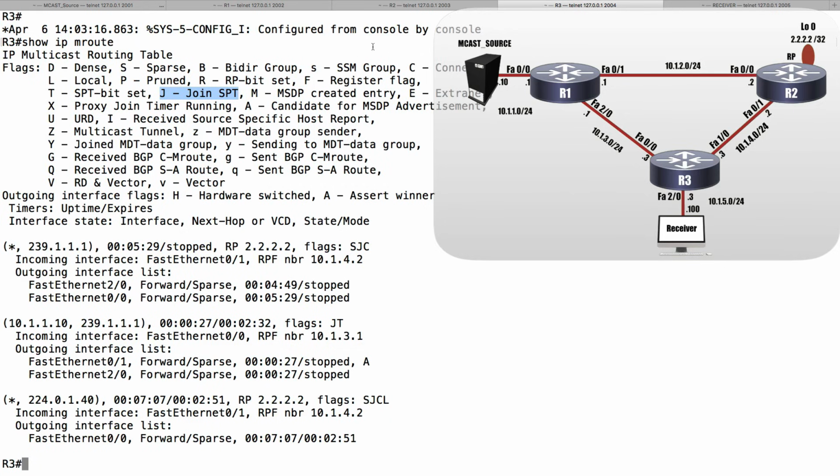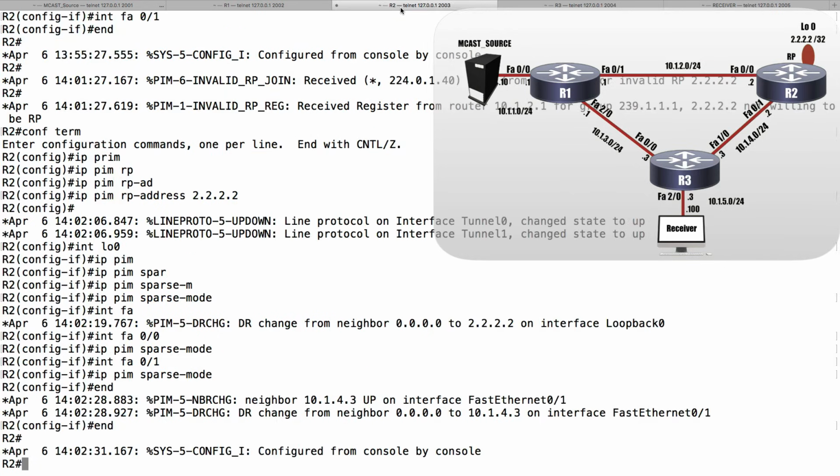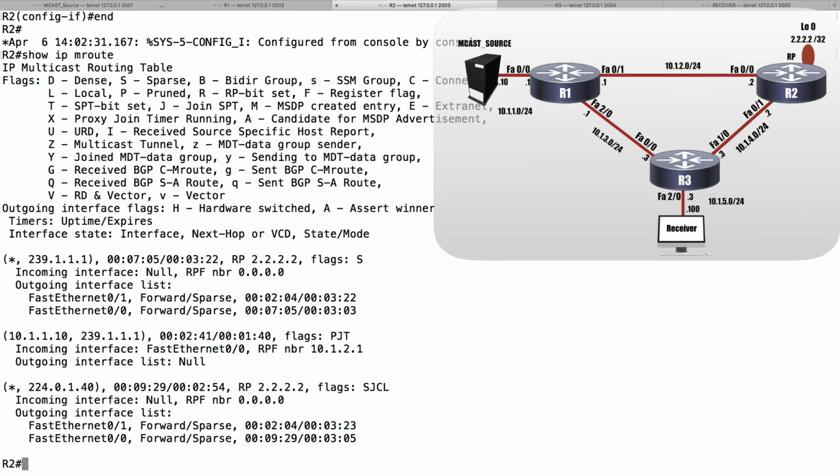In fact, let's go back to router R2, our rendezvous point, for a second. Let's take a look at its multicast IP routing table. Let's do a show IP mroute here, and notice this S,G entry. We're receiving traffic from the multicast sender, but because we've done shortest path tree switchover, we're no longer sending it to anyone. For a very brief moment, we were sending it down to R3, and then it did SPT switchover,